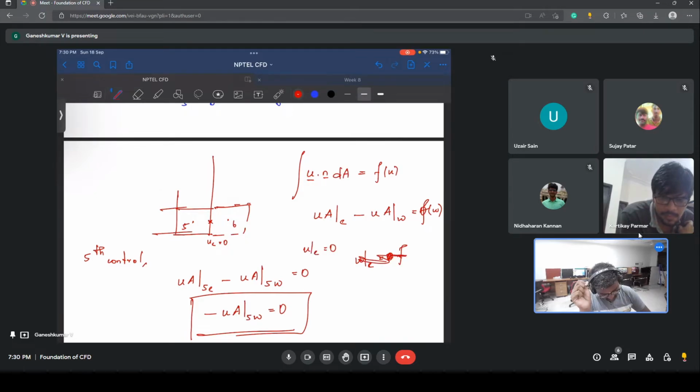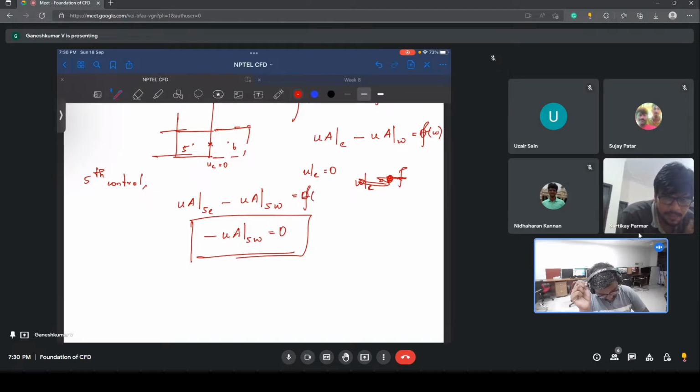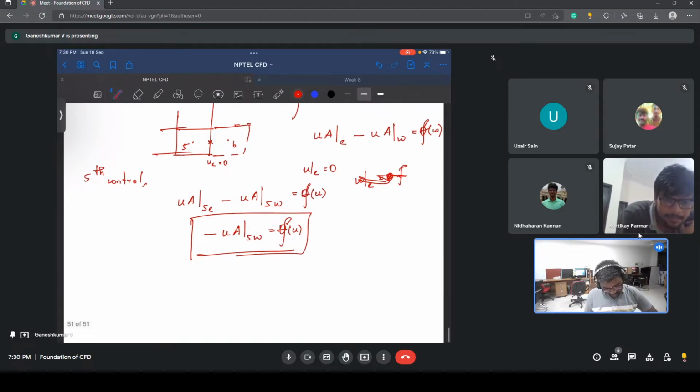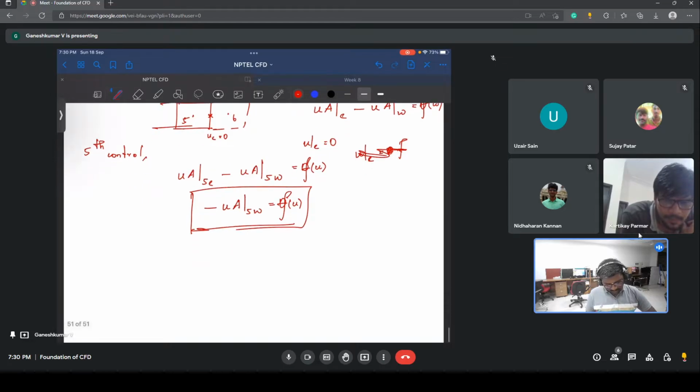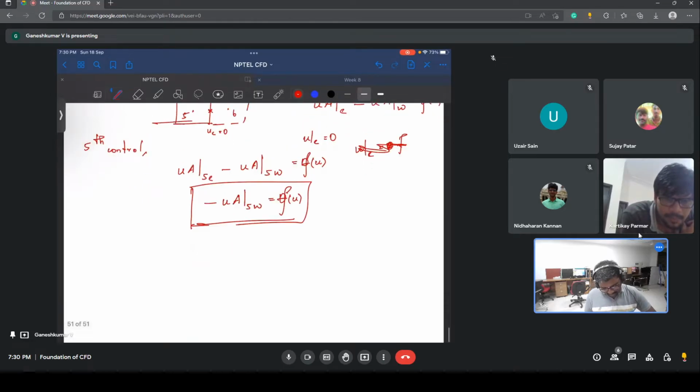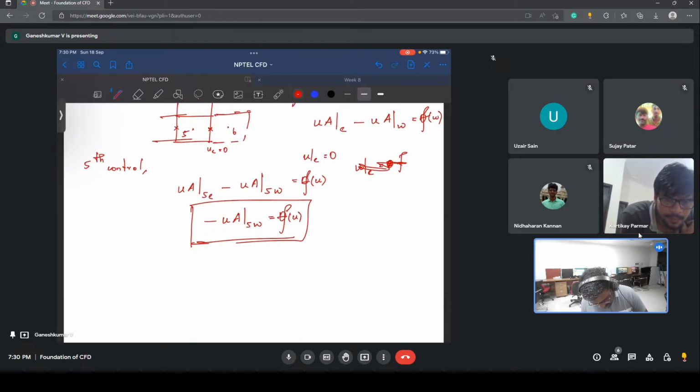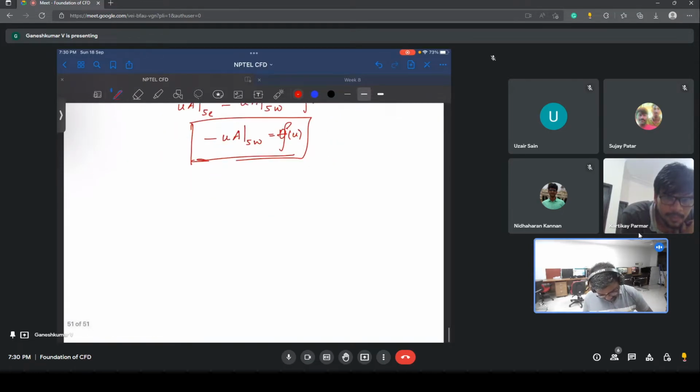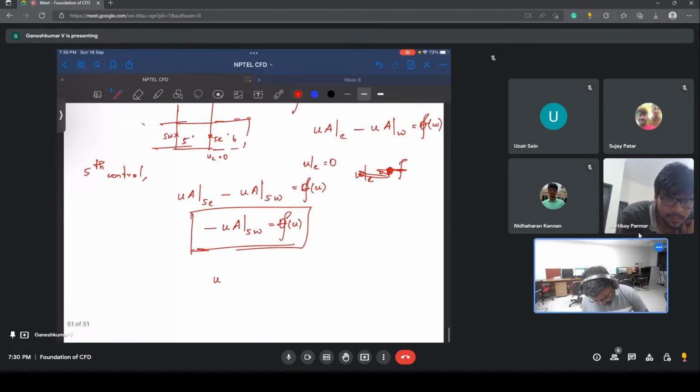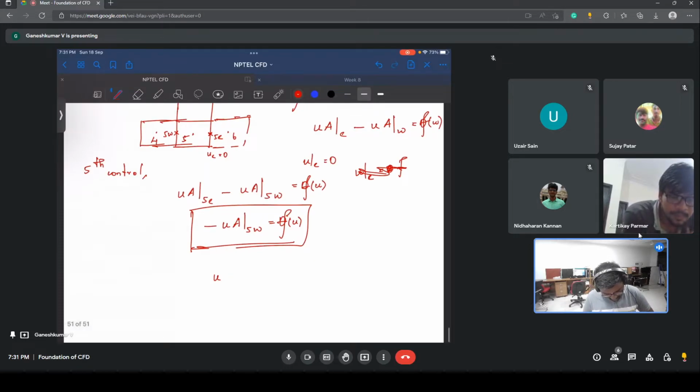This is equal to 0, so this is some function of u. Some other terms are there in addition to this convection, some other diffusion terms. So what happens, your condition reduces to like this. And then what you will have is this phi west. Instead of phi west, say you are doing linear interpolation, okay, you will write